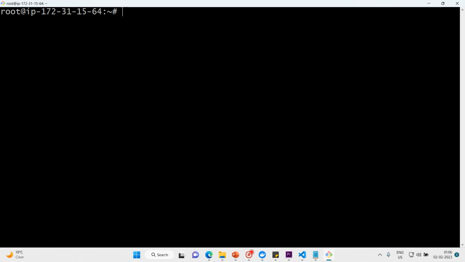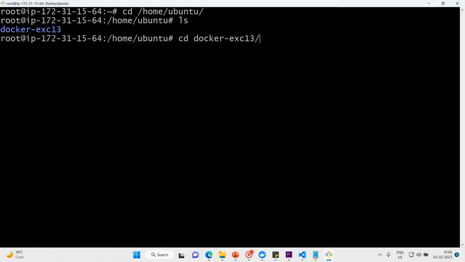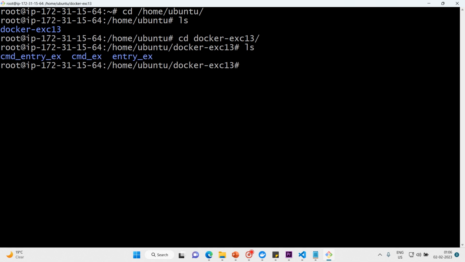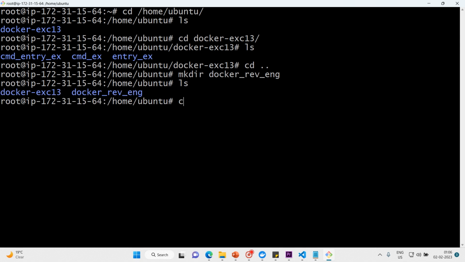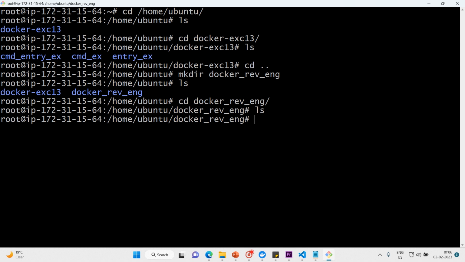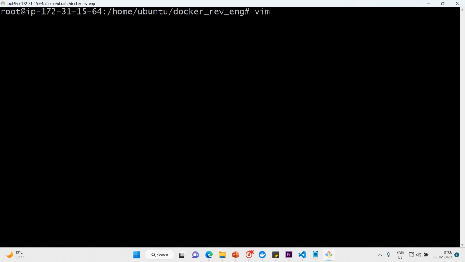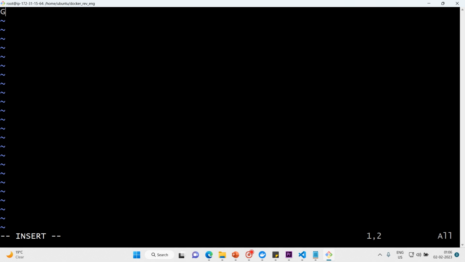So now let me get into cd home ubuntu, ls, cd docker exercises, ls, and then come out of this and create a reverse engineer directory: mkdir docker rev engineer. So ls, cd docker rev engineer. Yes, nothing is there. Let me write our Dockerfile with vim and begin with